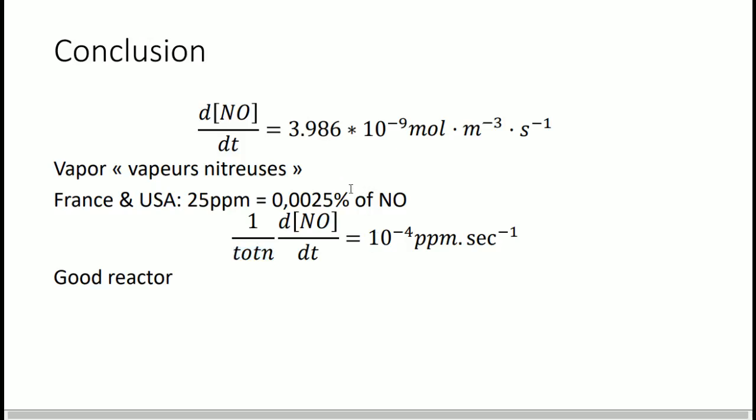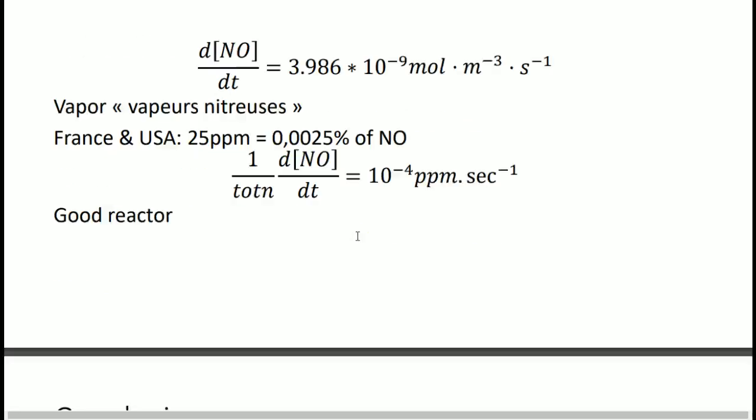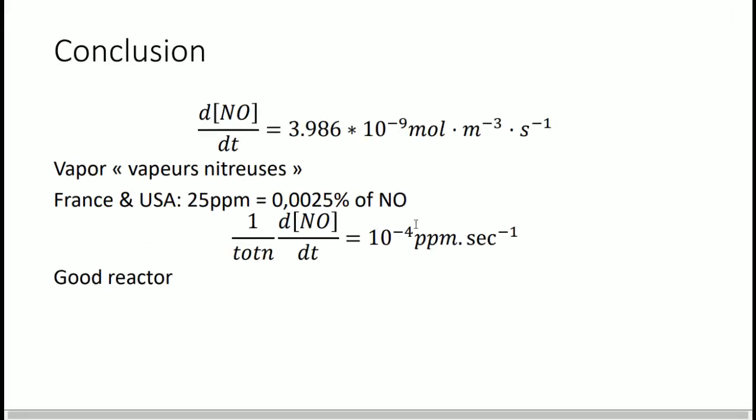So as we said, we get 25 ppm max, and here each second we produce 10 to the power minus 4. So you can consider that with wind and with an open window, if you don't power on your reactor for like 10 years in a row without any air, this is not a dangerous reactor. So that's it for this study, because with 10 to the power minus 4, obviously to get 25, you need to have lots of time elapsed.